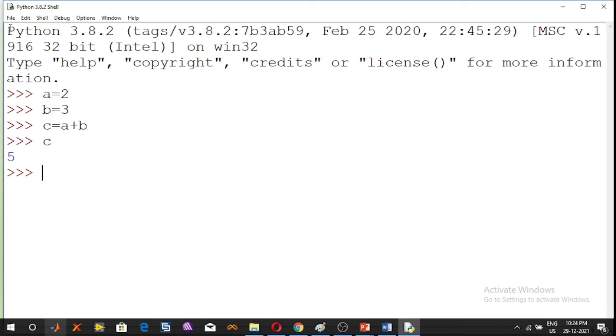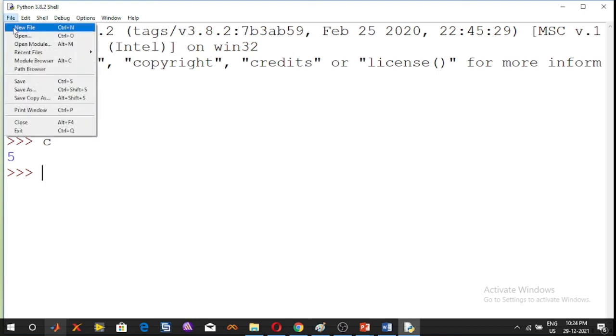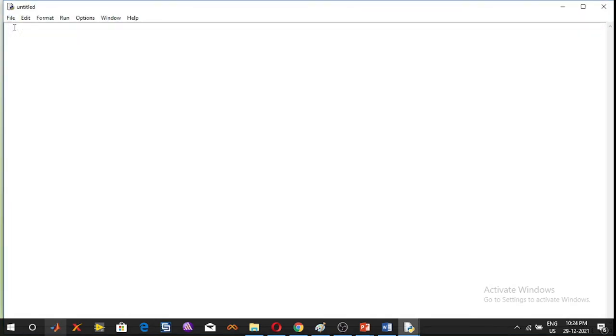To open the script file, go to File, click on New File. A script file will be opened. Here we can type the program, save the program and run the program. Suppose for example, here I will type the print statement, print, open the bracket, within the double quotation, hello world.